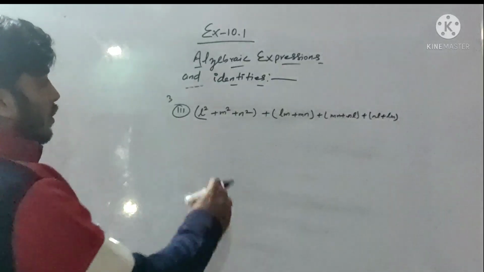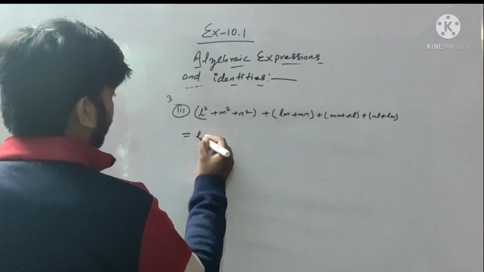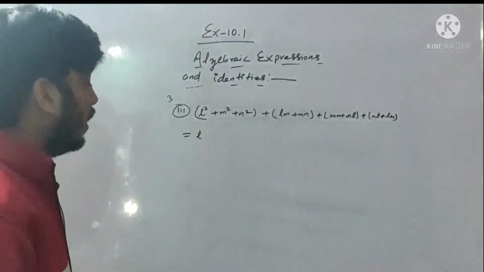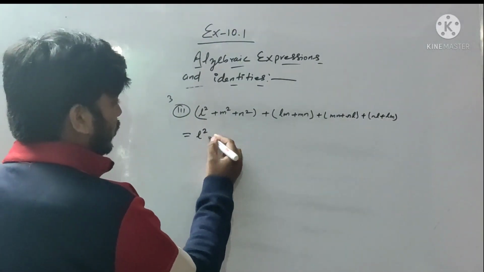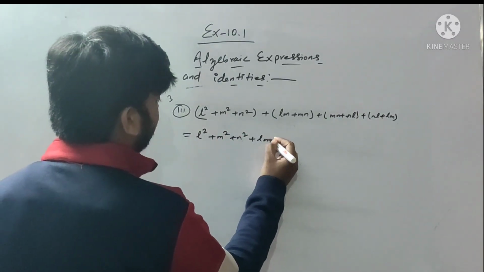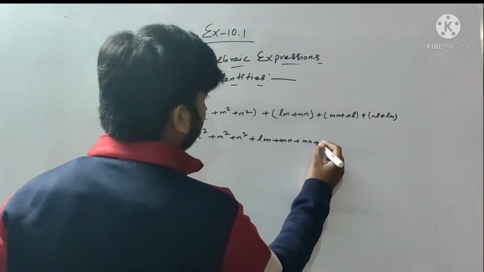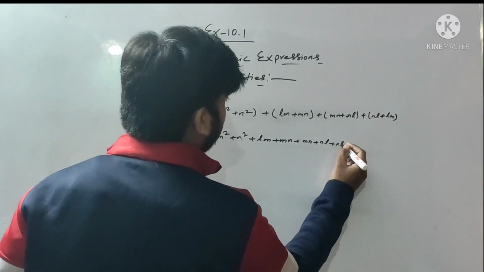Okay, here are the 1, 2, 3 and 4 terms. So there is nothing to worry about. We first break the brackets. So L square plus M square plus N square plus LM plus MN plus MN plus NL plus NL plus